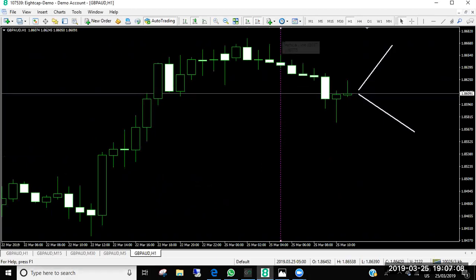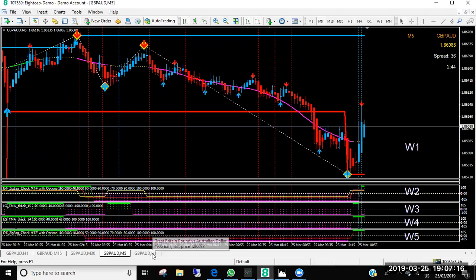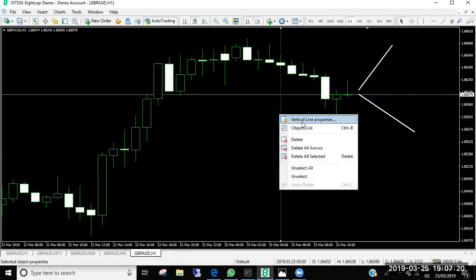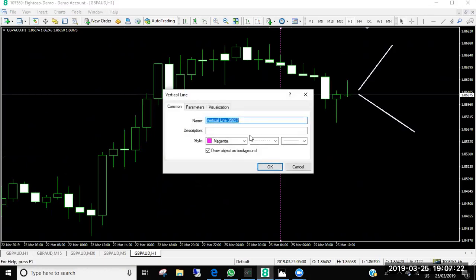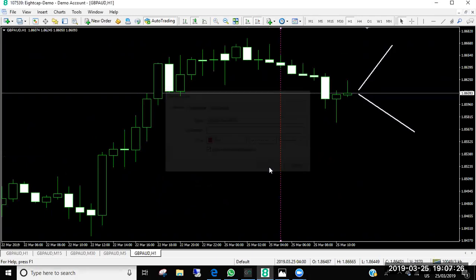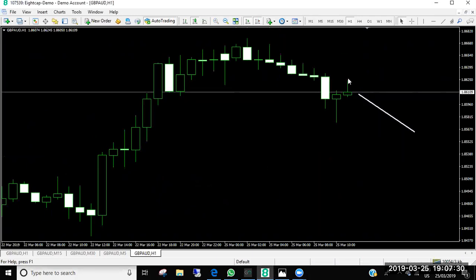So green, pink, was it blue? What color do I have? Red and blue. Okay. So if that was a vertical line that was confirmed, then what it means is I only have to deal with